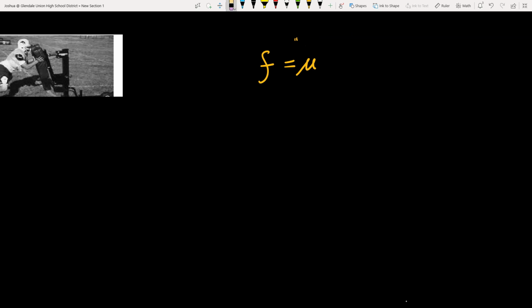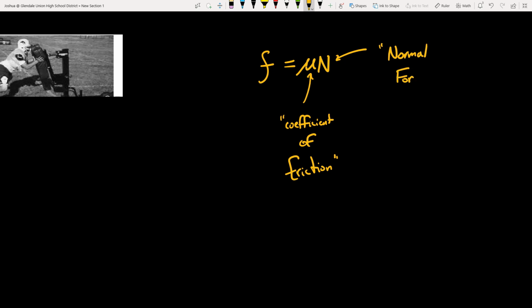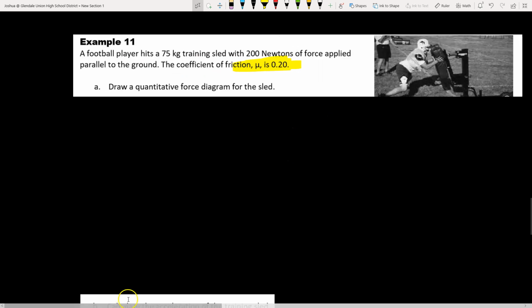That is a number that basically describes how sticky two surfaces are. So, you know, it's calculating friction, how sticky something is. So it's a stickiness number times the normal force between those two objects. Okay, so that's called a coefficient of friction. And then that big capital N right there is the normal force. All right. So that will rear its ugly head in this problem, but we'll figure it